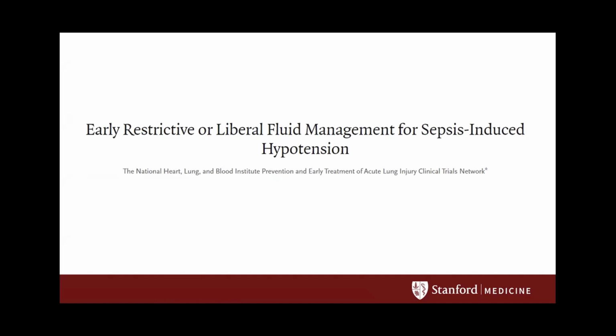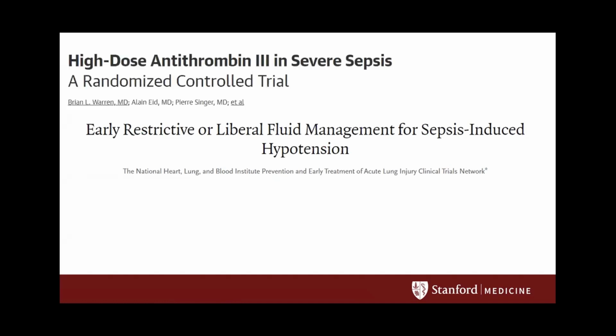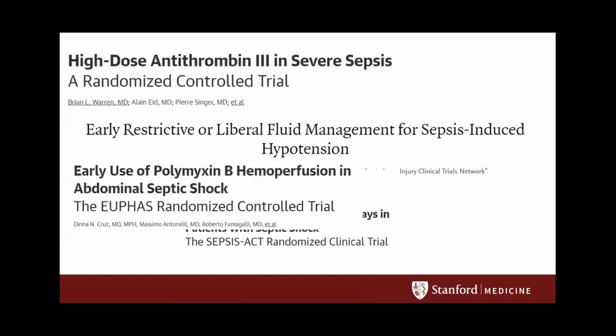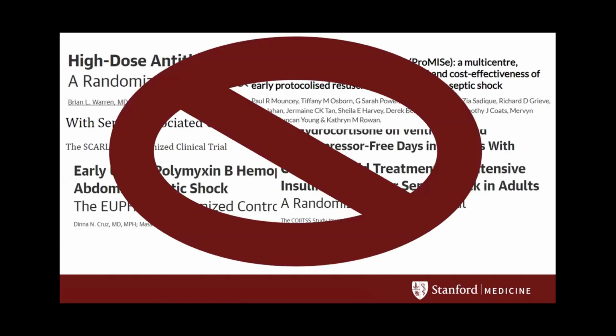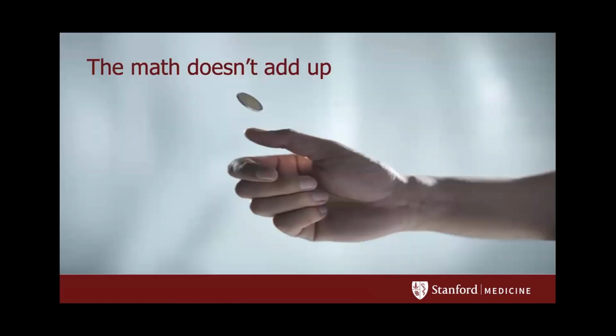So I brought up the fact that we looked at fluids earlier, and we're honestly still looking at fluids in the ICU because we don't have any better therapies. But beyond just fluids, we've done many clinical trials in sepsis, and all of them have been negative. And honestly, it just doesn't make sense, right? So John Laffey and Brian Kavanagh at the University of Toronto wrote a really nice op-ed in Lancet that basically pointed out that the math here just doesn't add up.